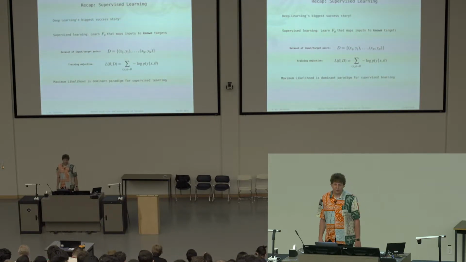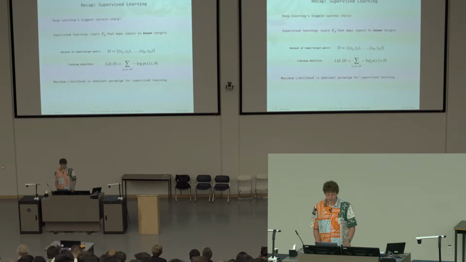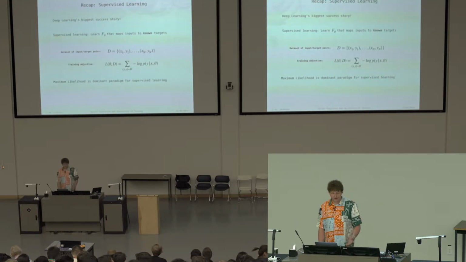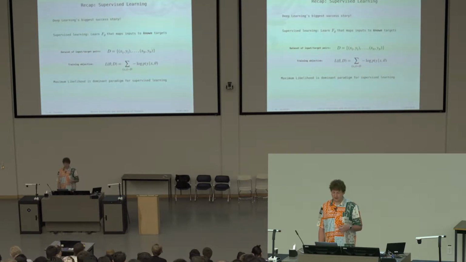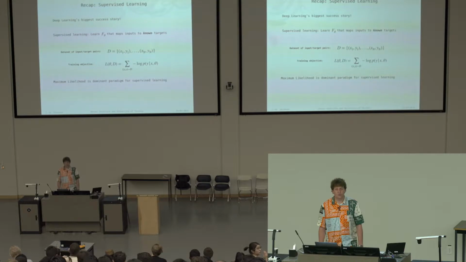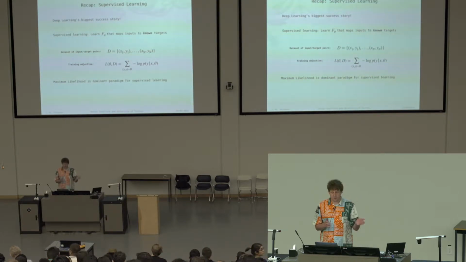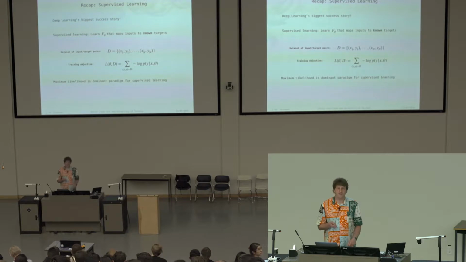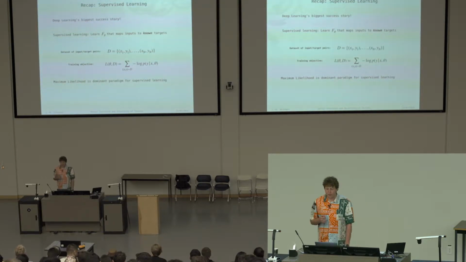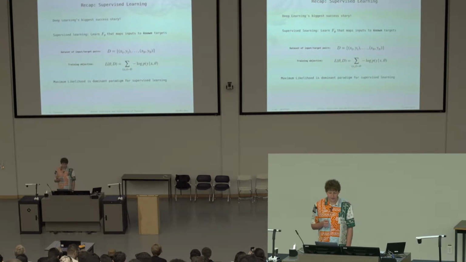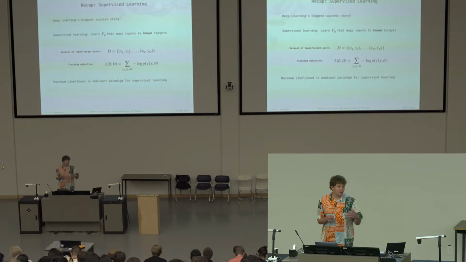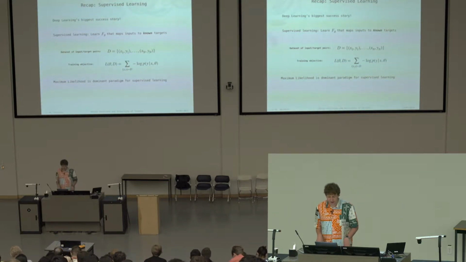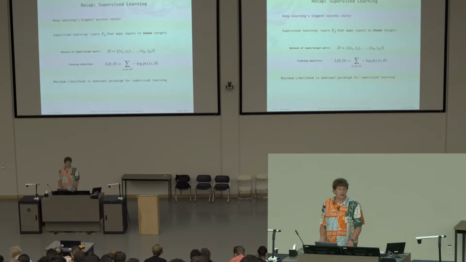Okay, before I motivate unsupervised learning, I want to do a recap on supervised learning. Supervised learning is essentially deep learning's biggest success story. In supervised learning, we want to learn some function f parameterized by theta, usually a neural network, that maps inputs to known targets. So we have a data set of input and target pairs. Inputs here are our x's, and our targets are our y's. And then we have a training objective, which is typically the maximum likelihood objective. So we want to minimize the negative log likelihood of the targets given our inputs and the current parameter set. Maximum likelihood is the dominant paradigm for supervised learning. And basically, that's what is done.